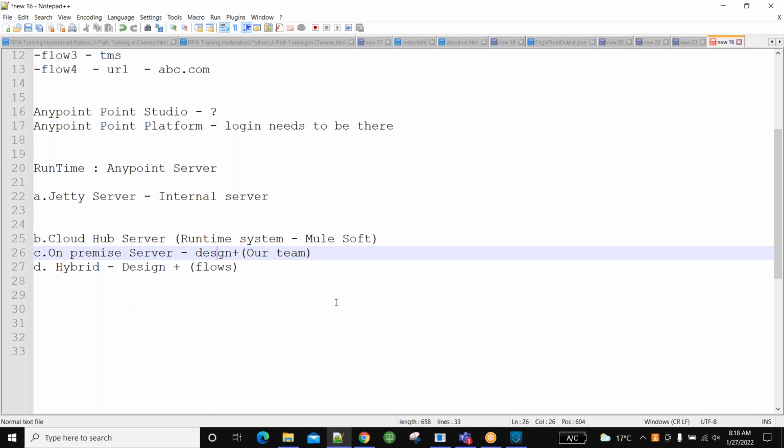Almost 20 minutes you have to spend explaining your design, and give only 10 minutes of scope for them to ask runtime questions. Why? Because as a developer we concentrate much on development, not deployment.